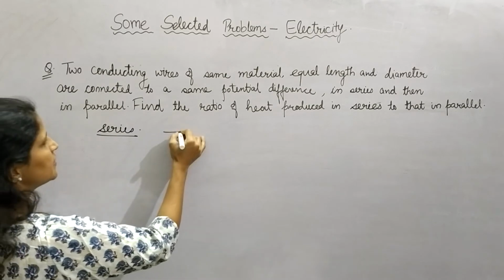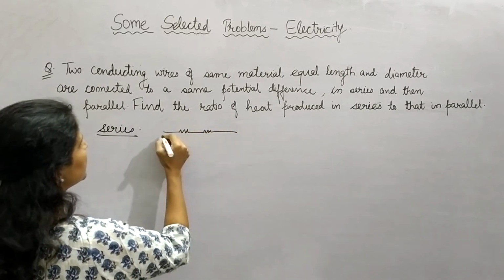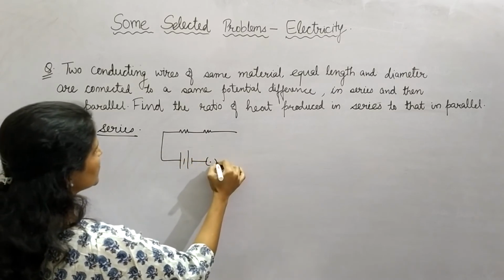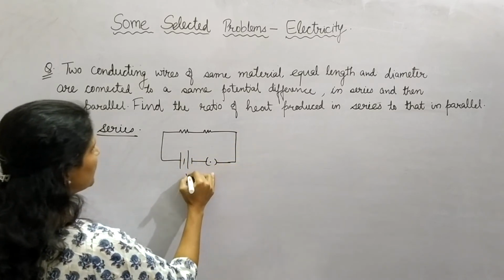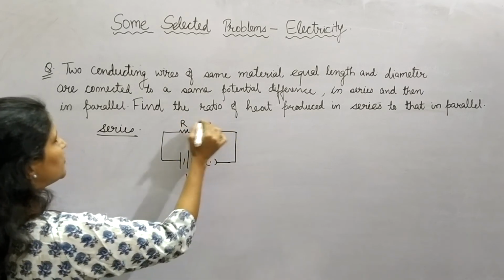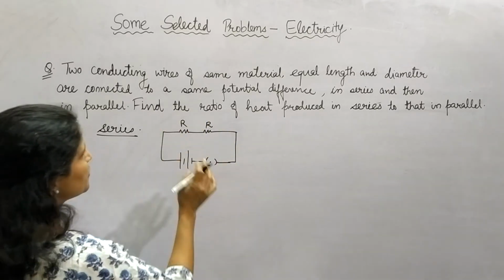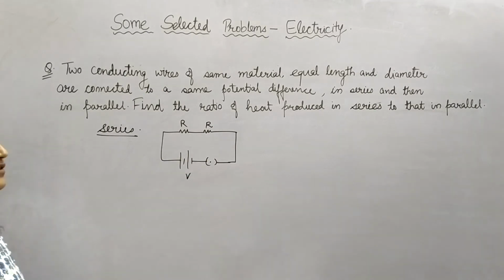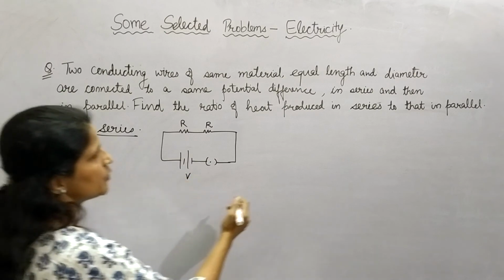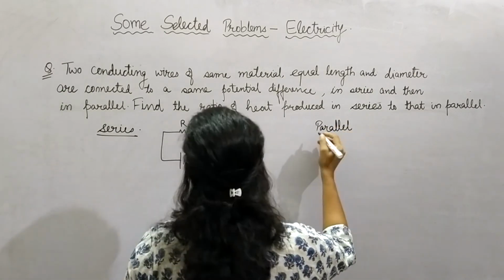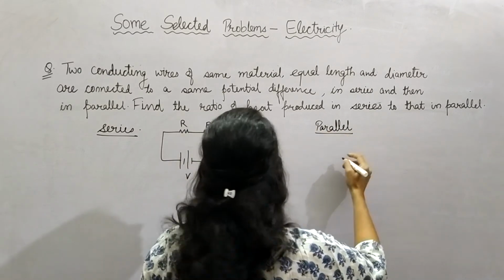सीरीज कॉम्बिनेशन both the resistors are identical in all the senses, and the potential difference, we don't have the value. Let us assume that it is some value V potential difference से लगा दिया हमने, और ये 2 resistors are the same value connected in series. तो heat produced निकालने के again we can use all the 3 ways, but I am using only one way here because we have to compare in both the cases. So our intention is to compare rather than to indulge into that different ways of finding out the heat.